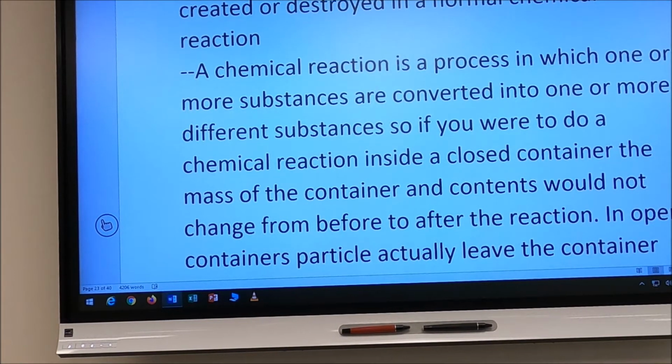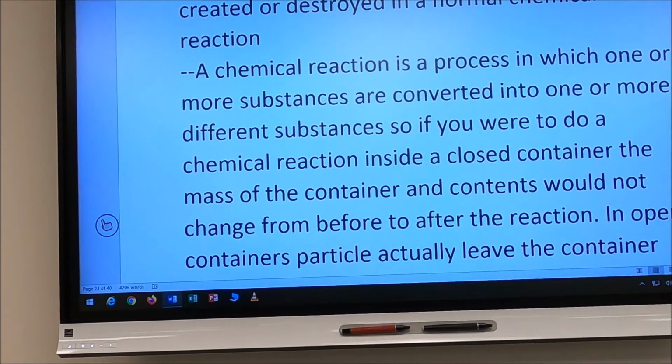Okay? The law of conservation of mass says matter is neither created nor destroyed in a normal chemical reaction. Okay? Up until this point, they thought that stuff could poof into existence and poof out of existence. Because, you know, if you took a piece of paper and you burned it, and you weighed the ash after you got done burning it, it weighed less. So poof, part of it just disappeared. They didn't take into account that gases were being produced and escaped into the environment.